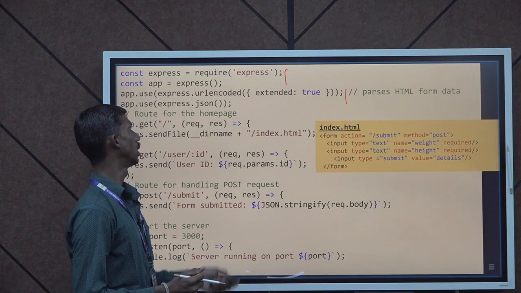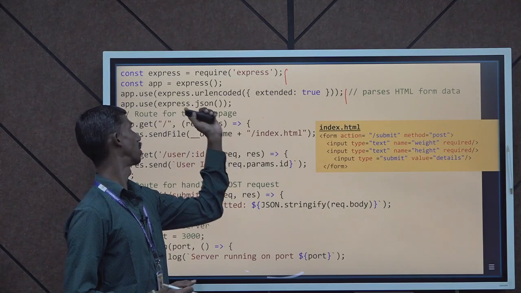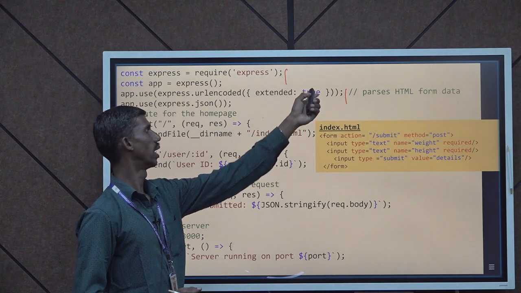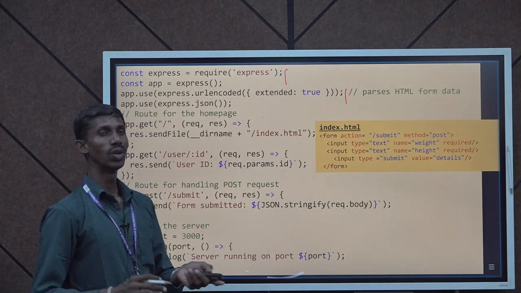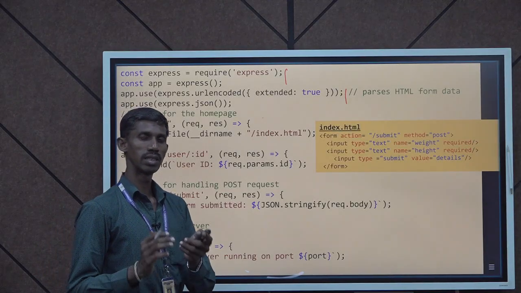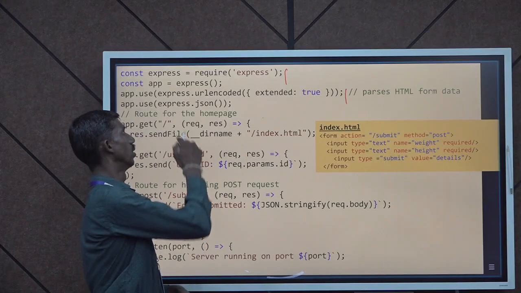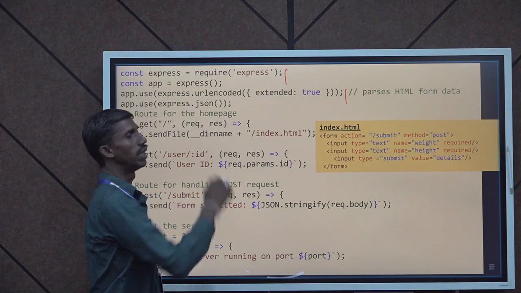For that we need to accept express.urlencoded, which is why we set extended to true. While submitting, the data is sent in the form of JSON format, so we need to parse it with the help of JSON. For that we need to use the middleware